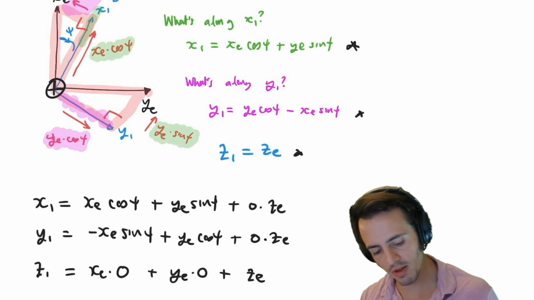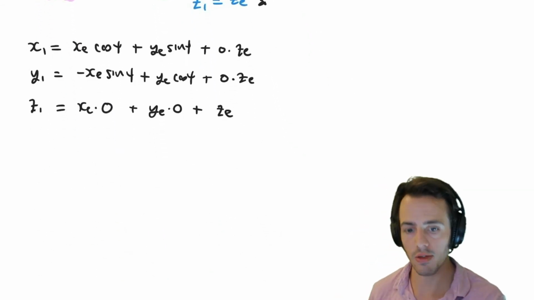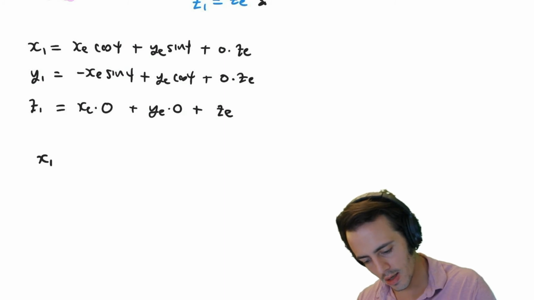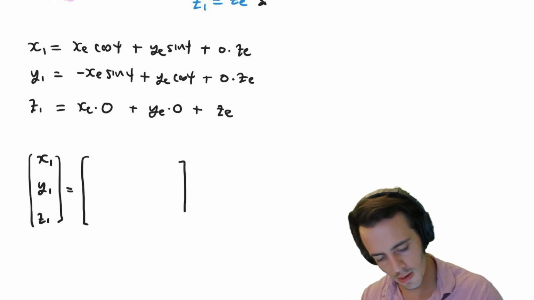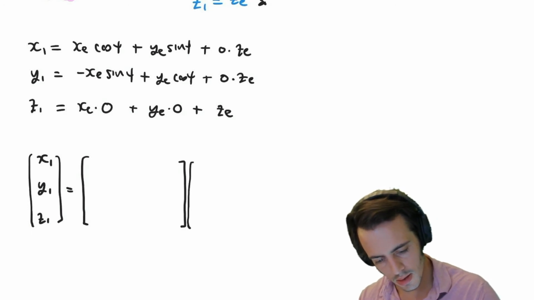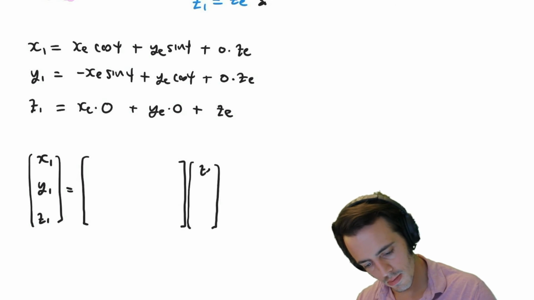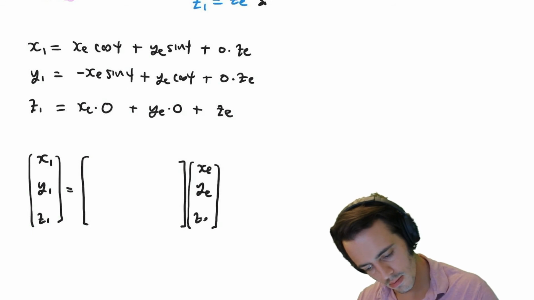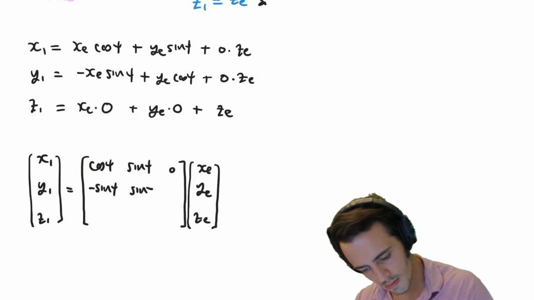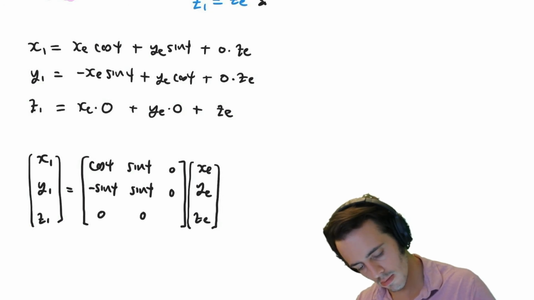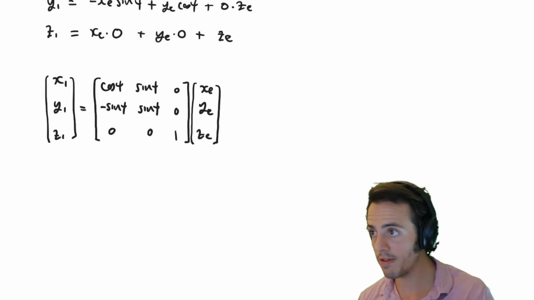Okay, this might seem like a funny way to be writing it out, but the reason I'm writing it out is because we want to get a matrix from this. So we could just say here x1, y1 and z1 is equal to